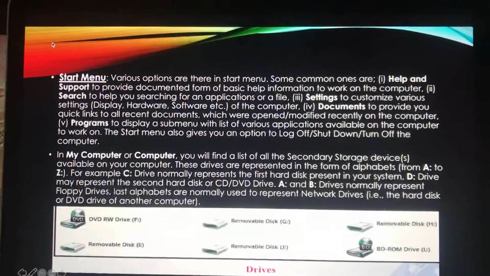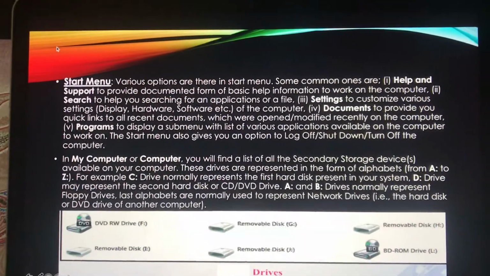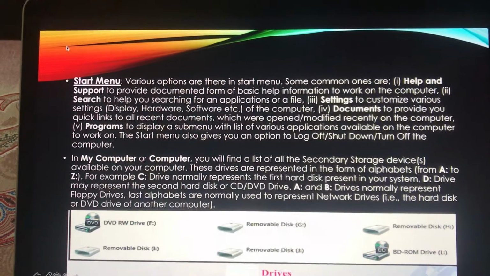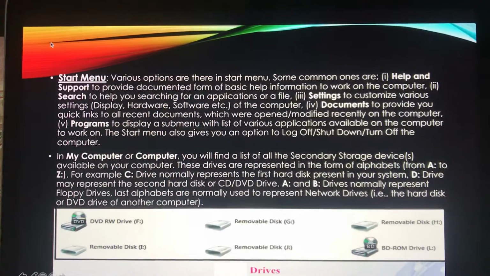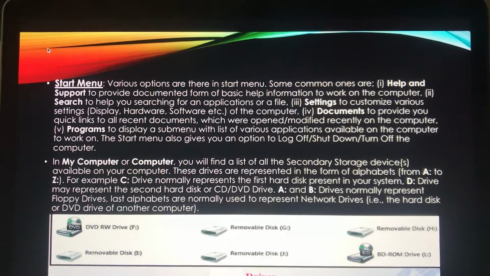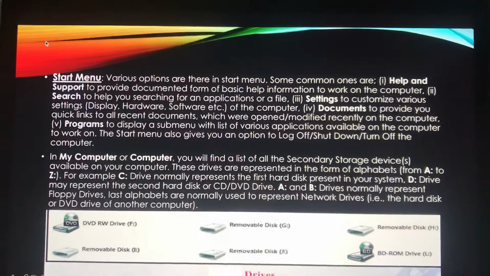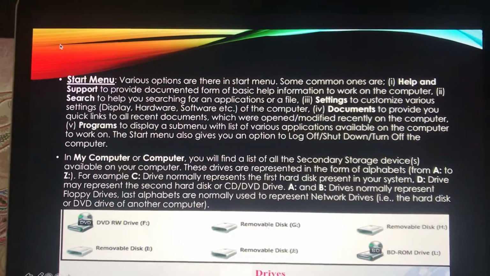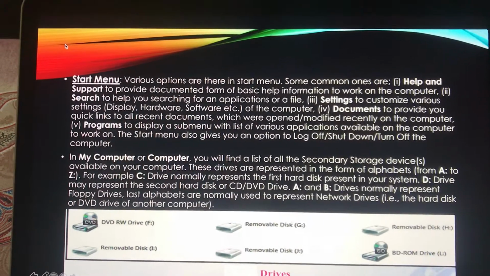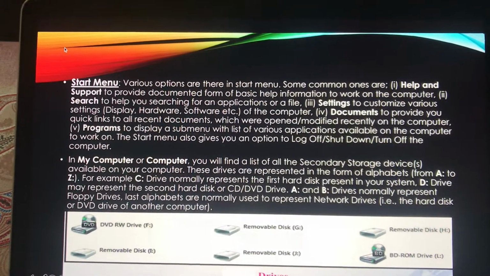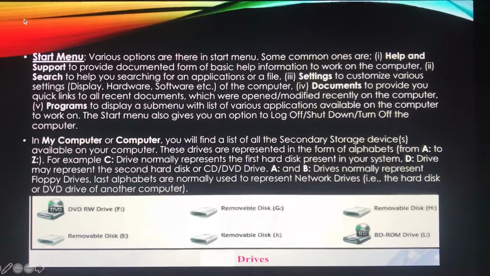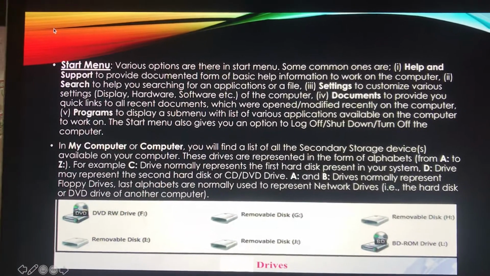Next is your start menu. Various options are there in the start menu. Some common ones are Help and Support. It provides documented basic help information on how to work on a computer. Next is the Search option.